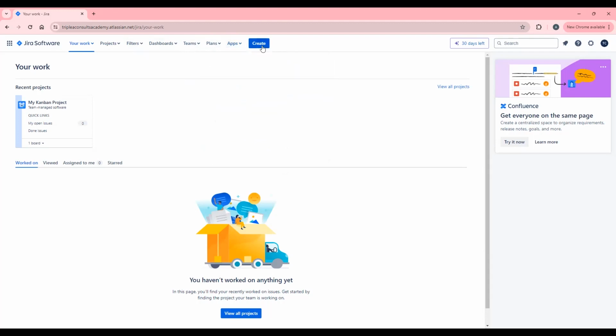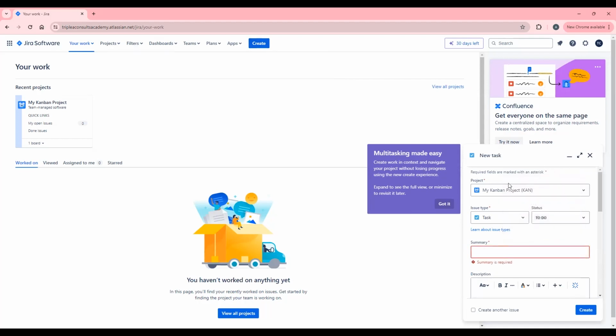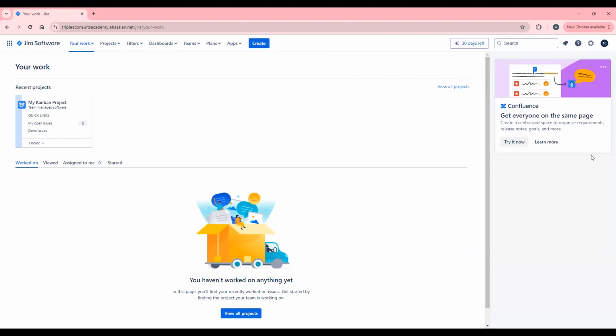Here, if you click on create, it would take you to creating based on where you are right now. So right now it's showing Kanban for us. If I click on create, it will take me to creating a new Kanban project, more or less, and then do I want to put in a task and all that? So that's what it would do if I click on create. Okay. So let's get into